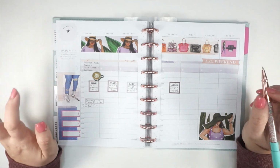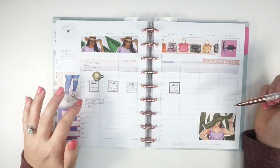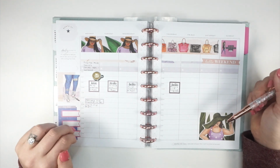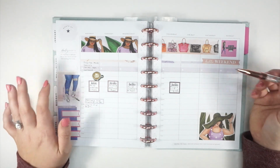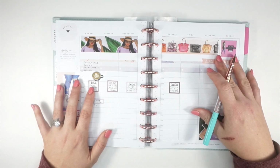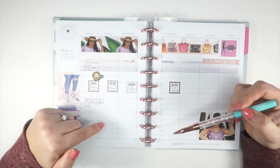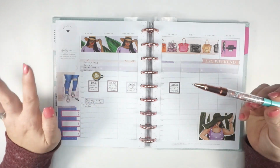And then I also review my monthly Google Calendar page. I can't show you that because it has student names on it and information that is confidential, but I do take a look at that because I don't use a monthly in my work planner. And then while I'm reviewing my planner and my Google Calendar,